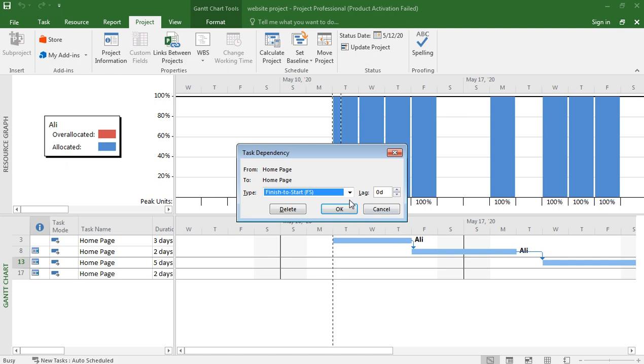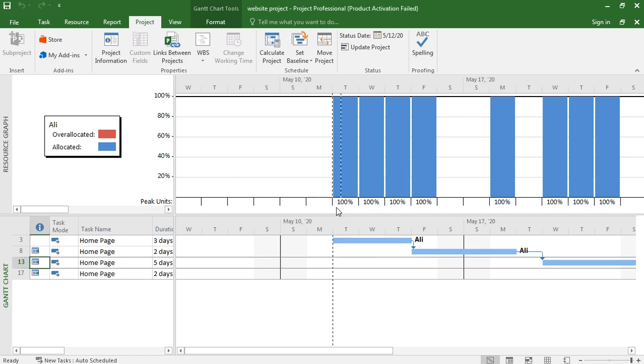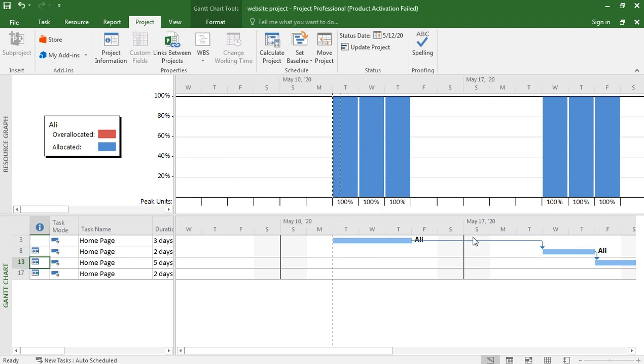So you can use that. For example, if I use 3 days, then there is a lag of 3 days, and this process will start after 3 days. So this is lag between the two tasks. There is a lead, that is how early this process starts.